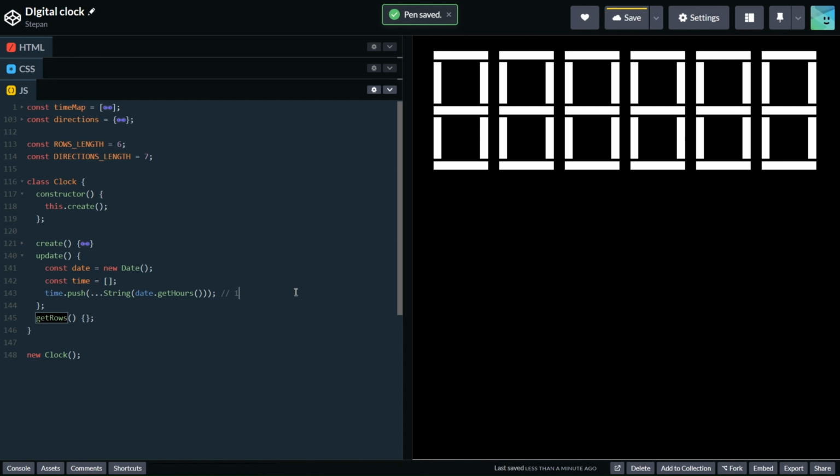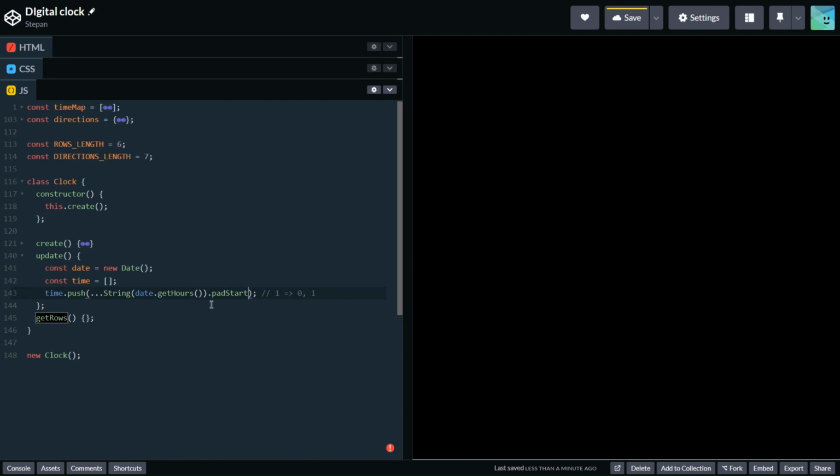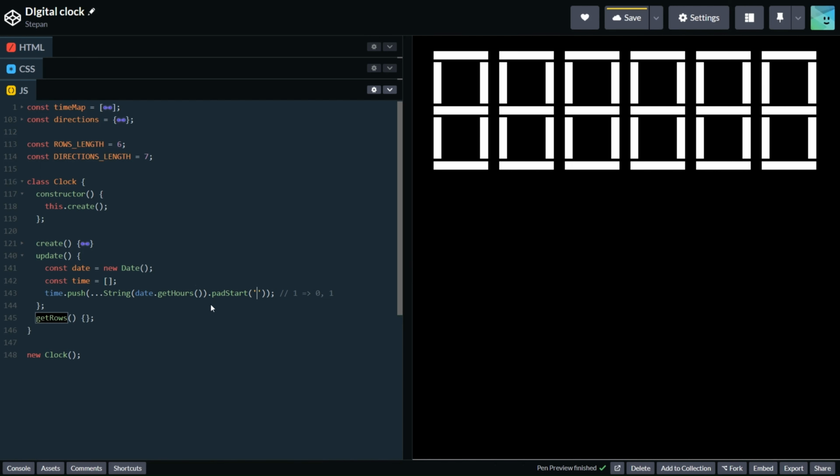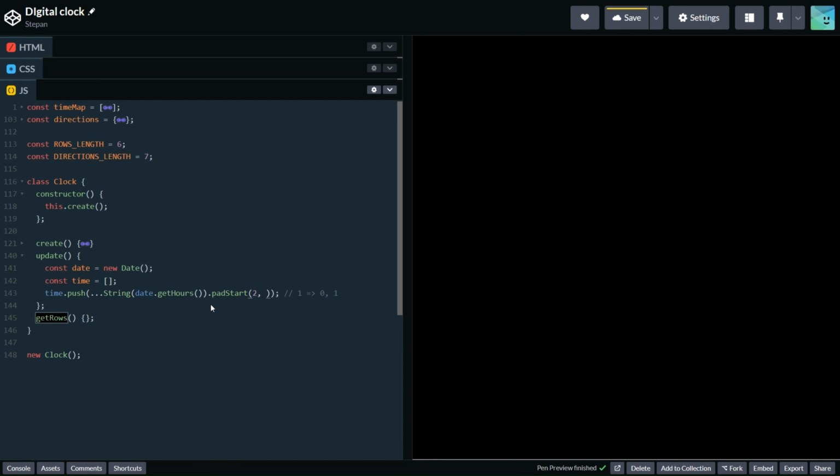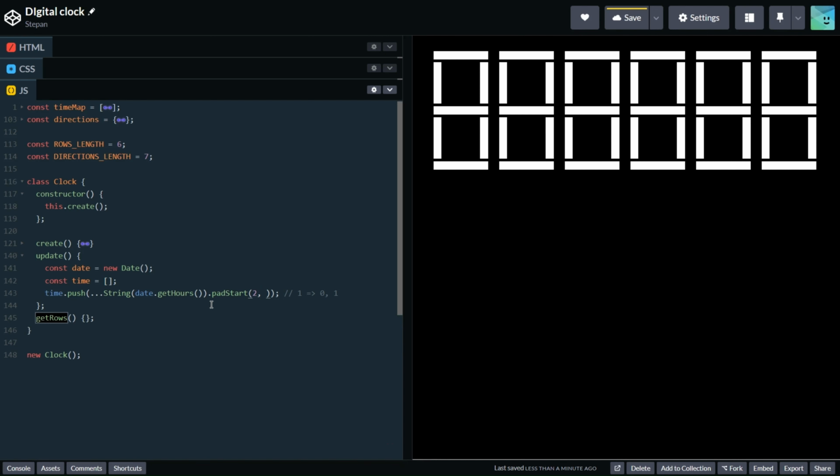And one more thing: if we have one element like 1, for example, we need to transform it to 0 and 1 per design. So I'm going to add the pad start function. The first argument is number, it's the length of our element, and the second argument can be